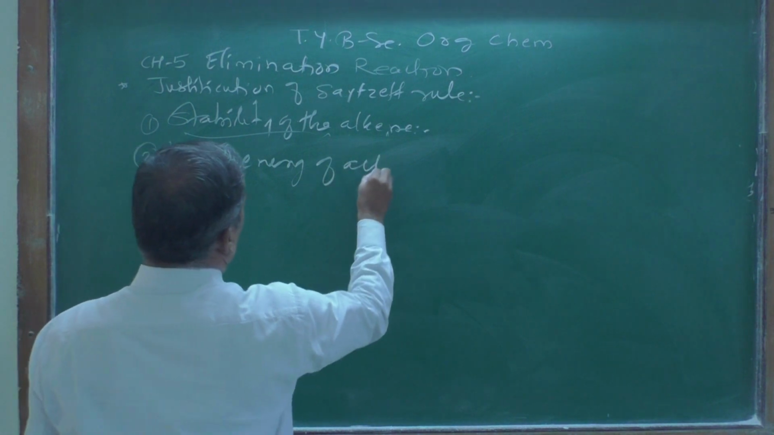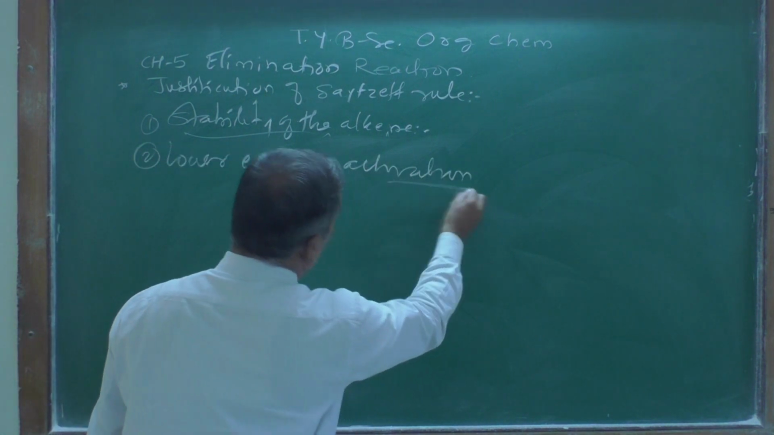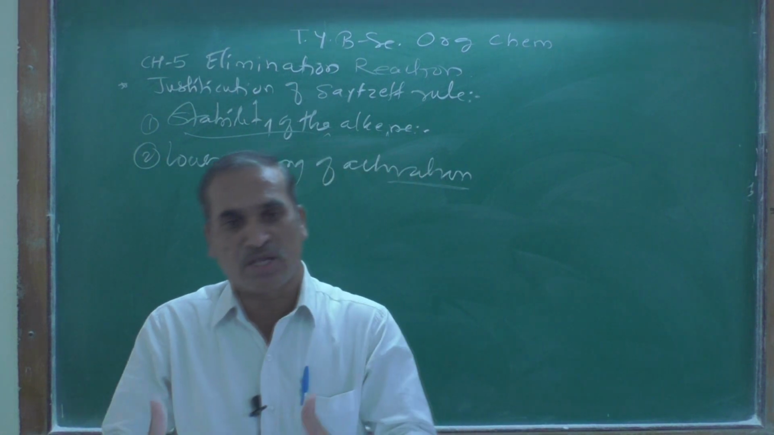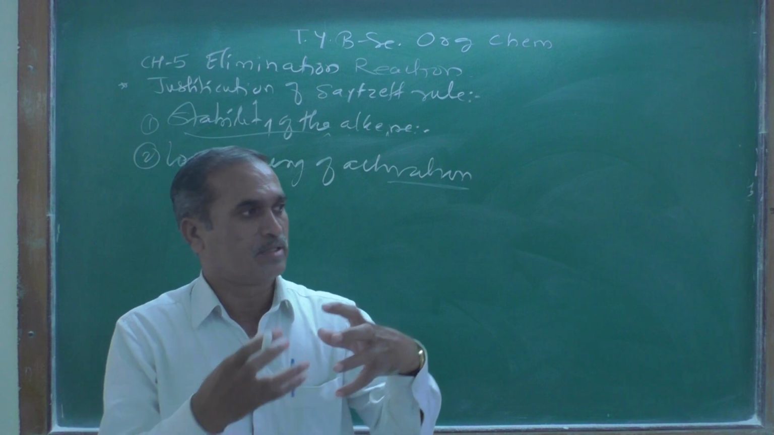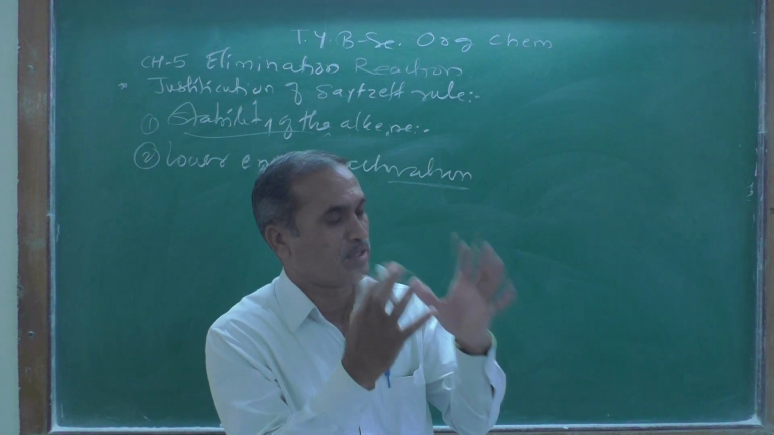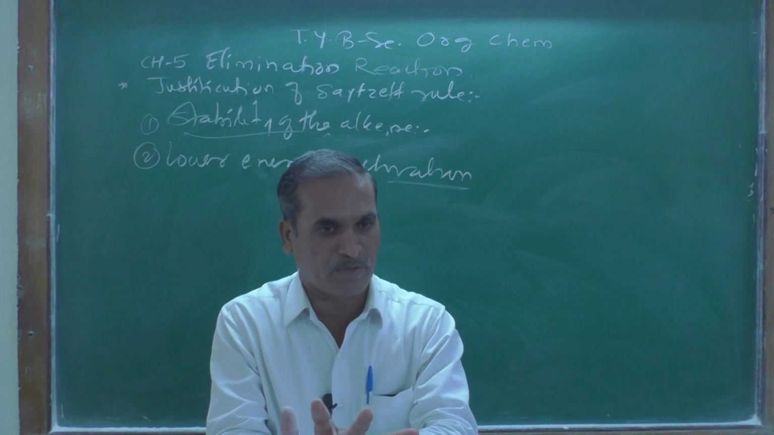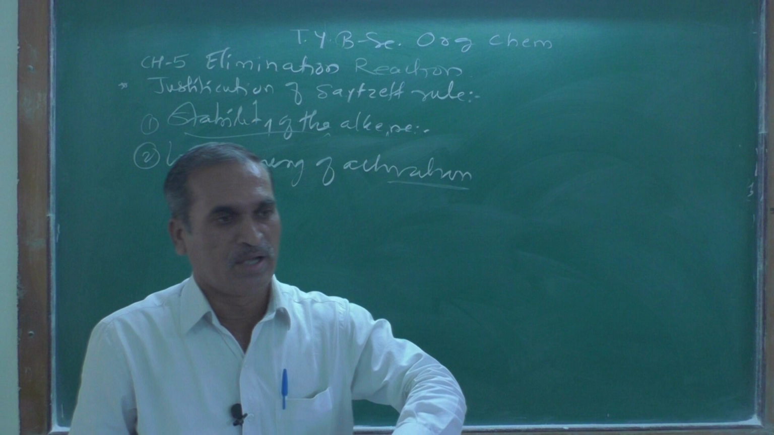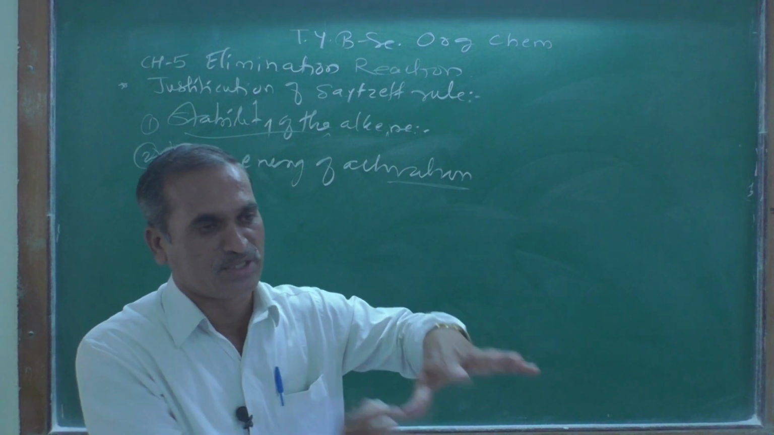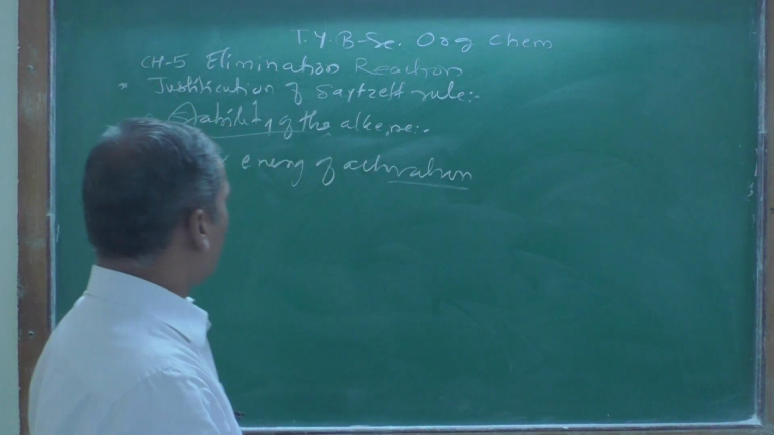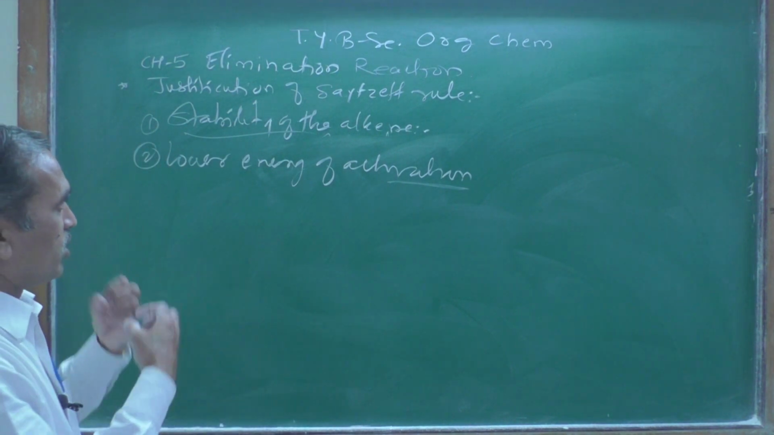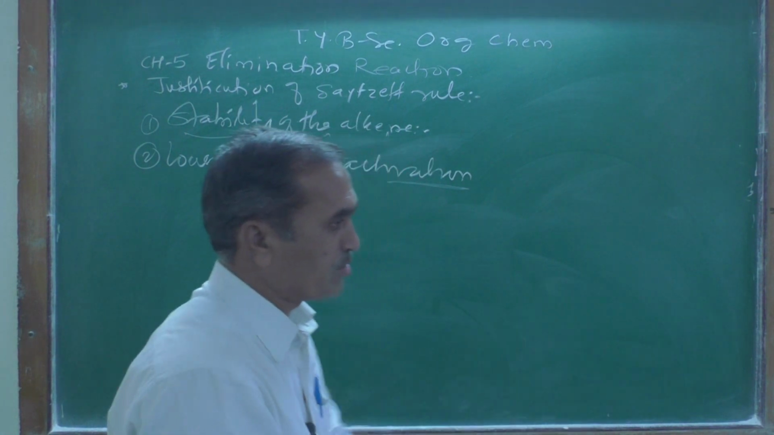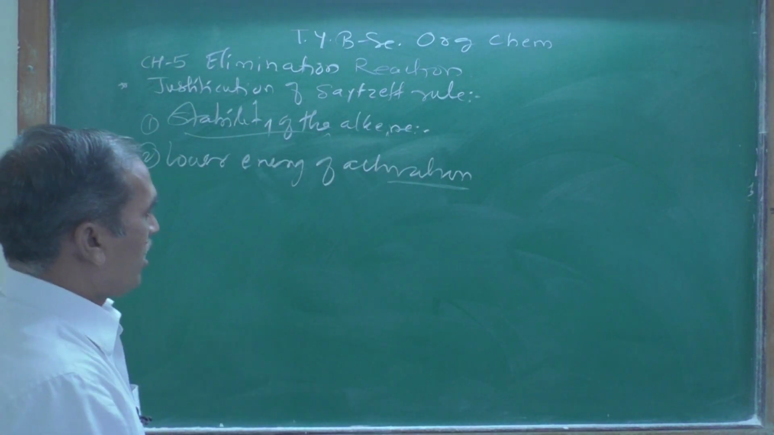The second one is lower energy of activation, right? As we know, energy of activation is nothing but what we can call the energy required when a chemical reaction takes place, whatever transition states are formed, and during that process whatever energy is required, that energy is known as the energy of activation. Lower the energy of activation, the higher the rate of formation of the transition state. And now